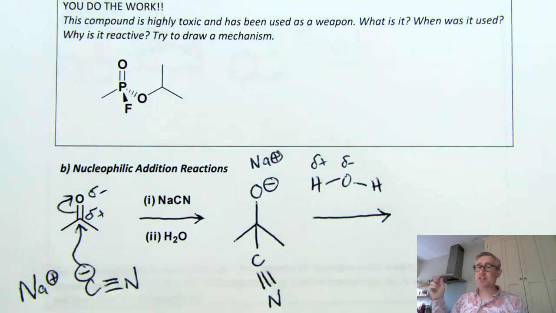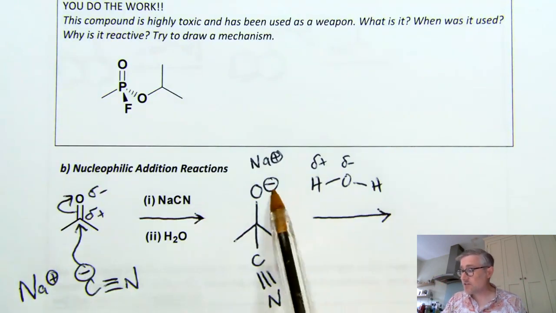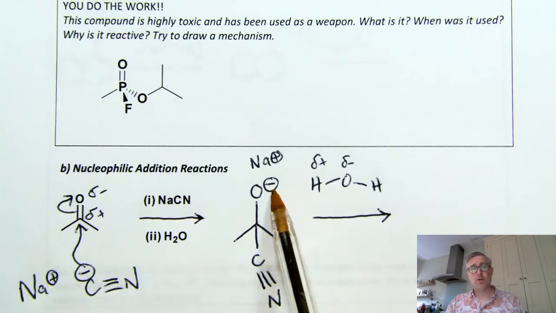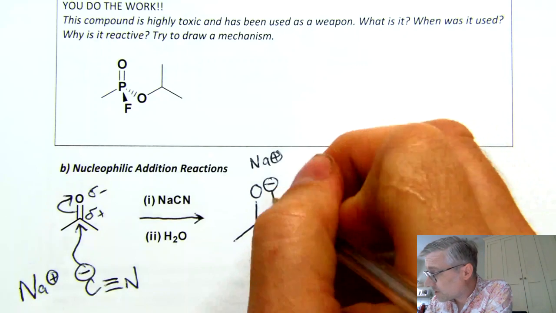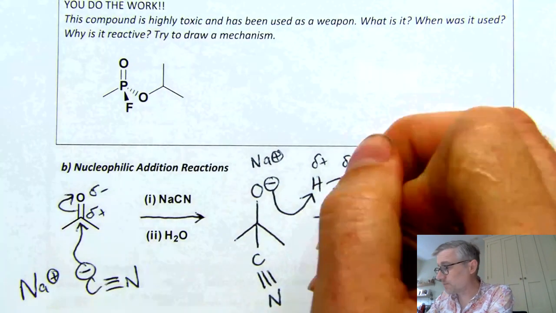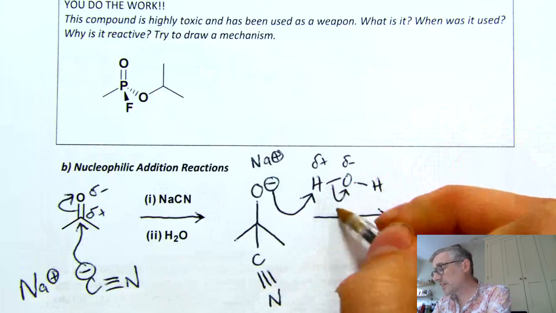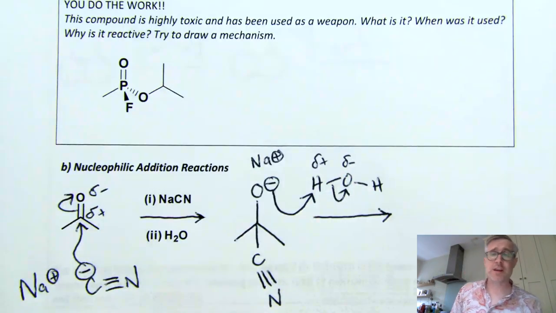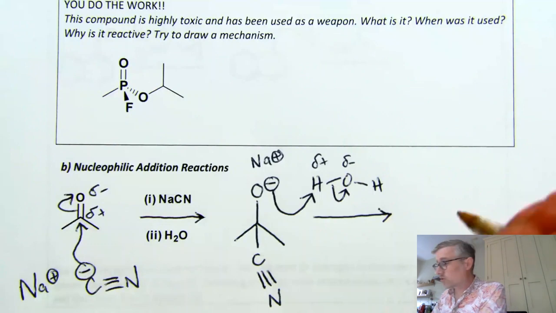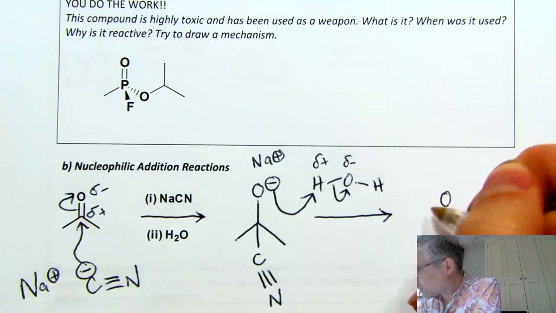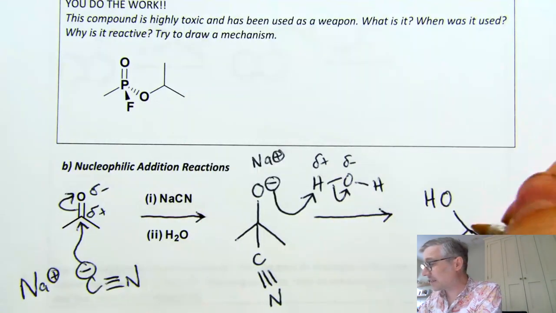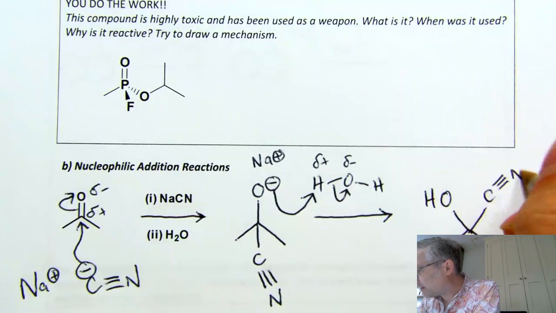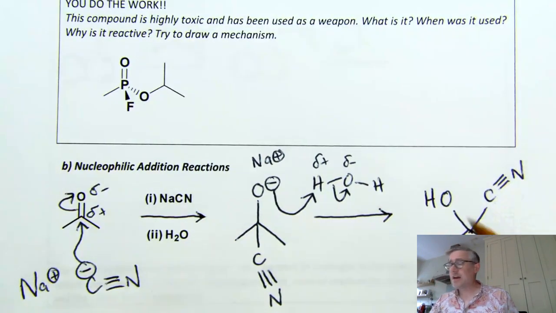Thinking about a mechanism, we're going to start with the most electron-rich thing. That's the negative charge. Where's the negative charge going to want to flow? Towards a positive. Well, it's already with the sodium, so that doesn't really help. But it can flow towards a delta positive, and there's a delta positive hydrogen. And then, of course, the electrons have to end up somewhere good on the electronegative oxygen atom. And so what do we end up with here? OH. We've protonated that oxygen, an acid-base process, and I'll now draw the CN up here, a cyanide and an alcohol,